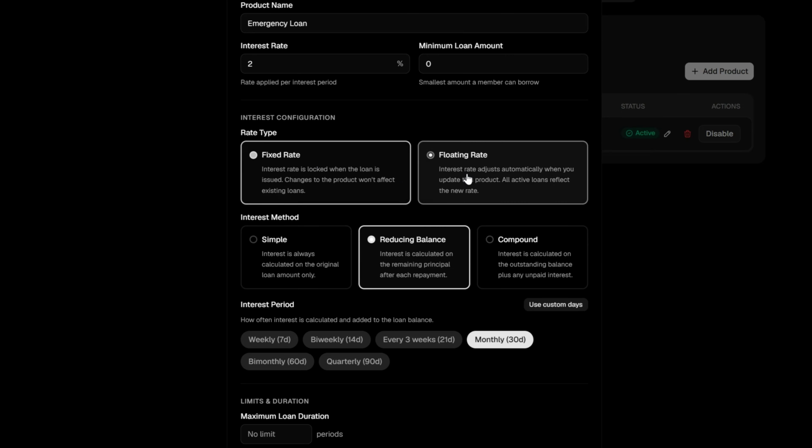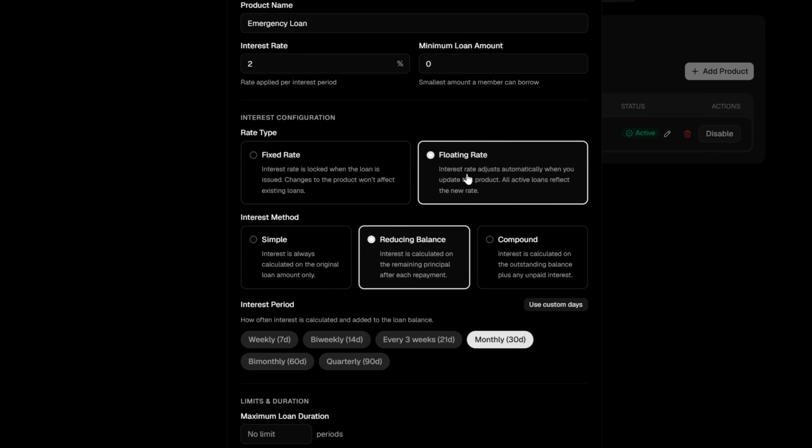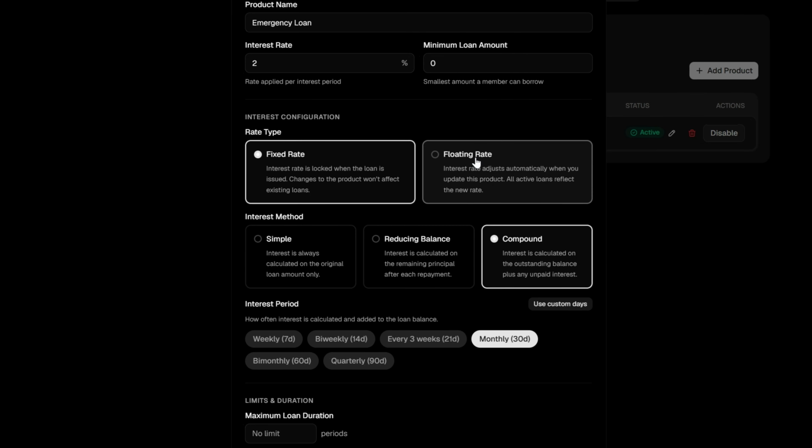A floating rate, on the other hand, means the rate can change if the product settings are updated, even when there is an ongoing loan. This suits clubs that want flexibility and may adjust rates as policies and external environments evolve. I am going to go with a fixed rate. So anyone who takes out an emergency loan knows that their rate is locked in at 2% for the entirety